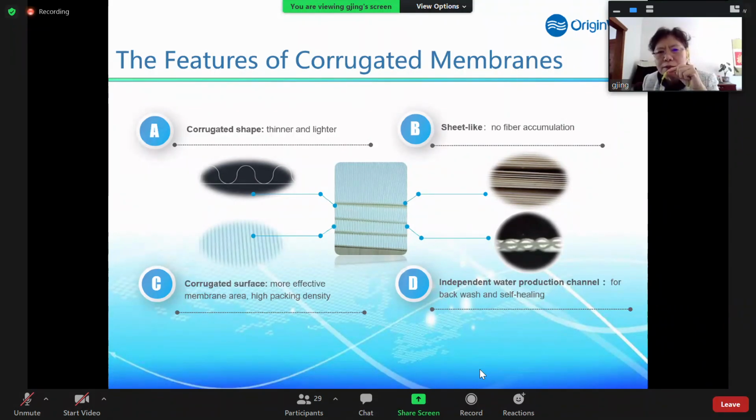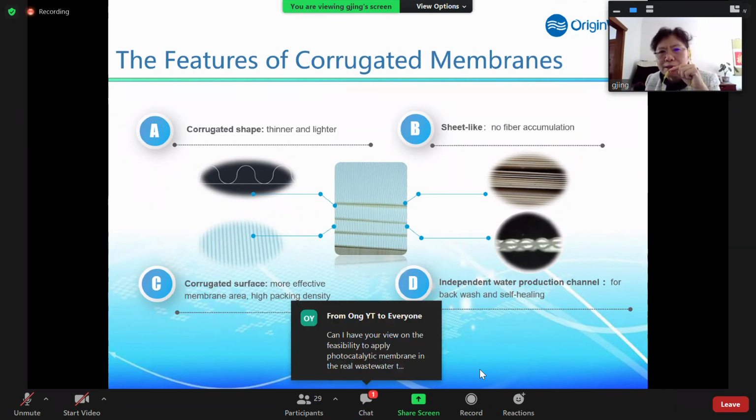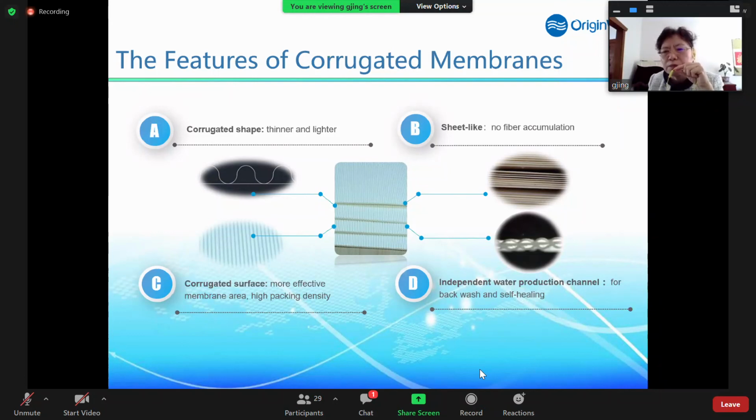So during the operation, we can see clearly that it actually reduces and minimizes the accumulation of hair and fibers, because otherwise they will accumulate to the top. Oh, okay. Yeah, that's the anti-fouling function. Very smart design. Yeah, it took time actually, but it's really good performance now. Yes.